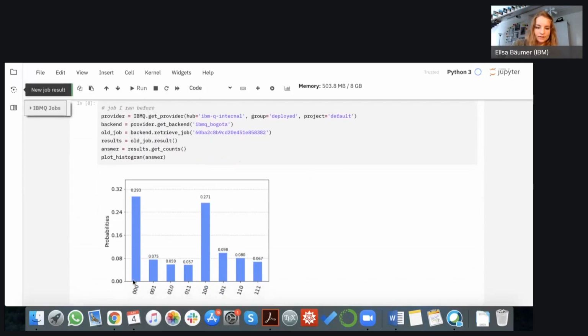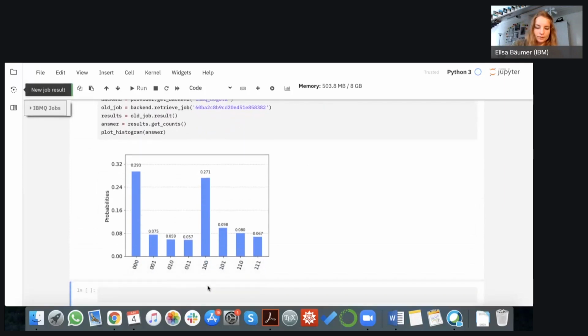You can see here 0 and 4 are the 2 that have the highest peaks. However, you can also see that there's quite some noise. All the other elements also have some probability. But yeah, in this case, it's still visible which ones are the ones that we wanted.